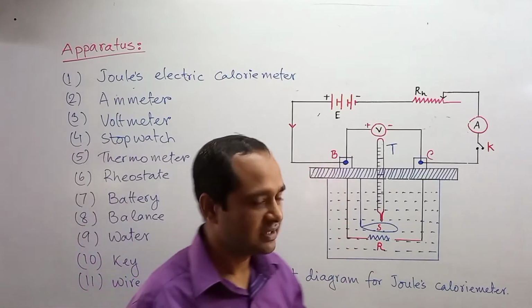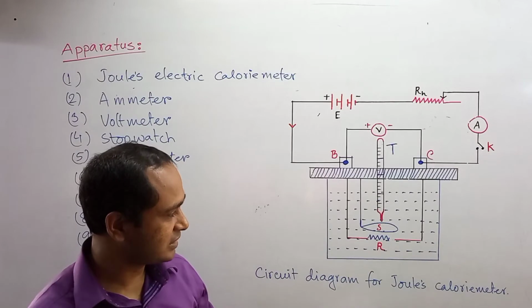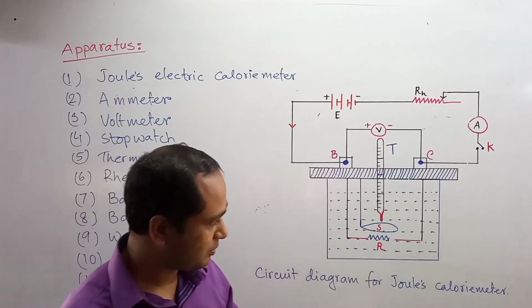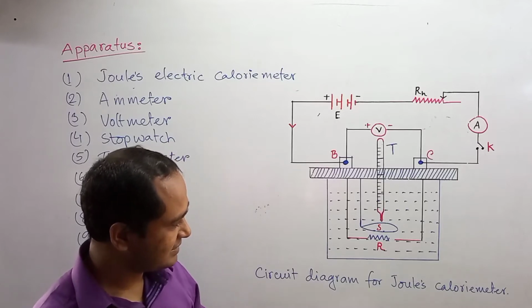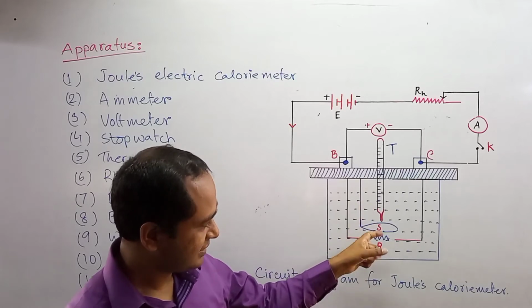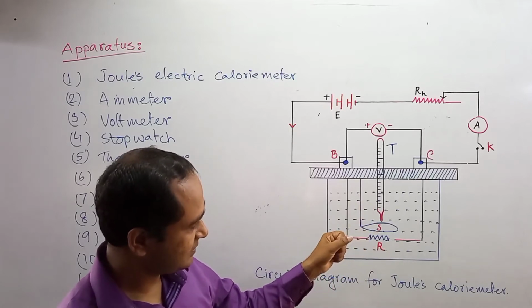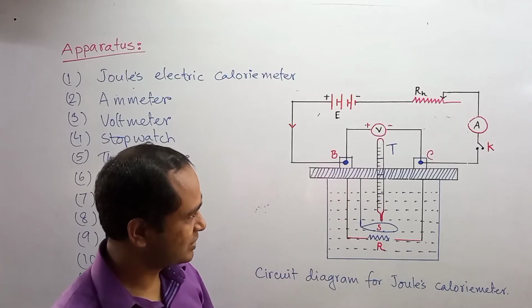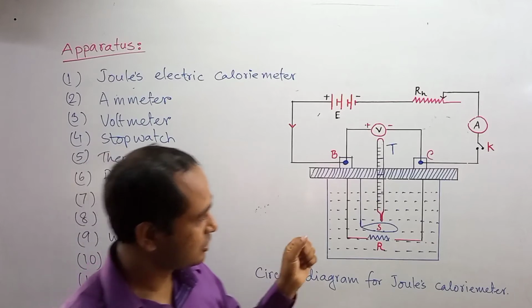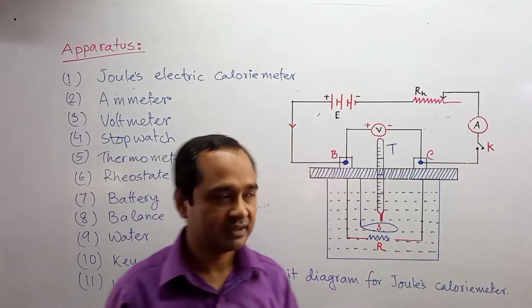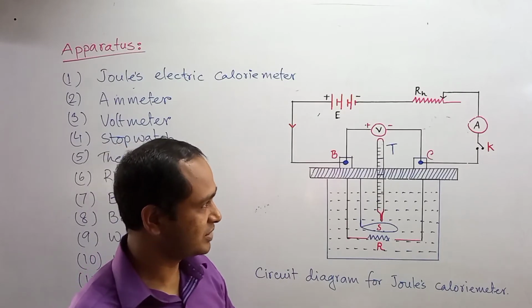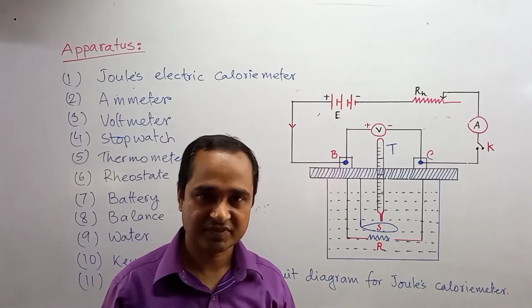And this is the circuit diagram for Joule's calorimeter, right? Dear student, in the calorimeter there is a copper vessel. Inside it a heating coil is inserted, and a stirrer is inserted here. There is a provision to insert a thermometer, and connecting knobs with which we can connect the required battery, variable resistance, ammeter, voltmeter, switch, etc. Right, dear student?